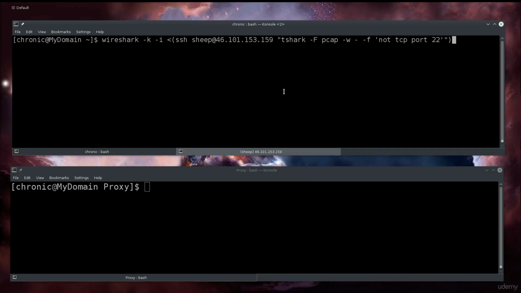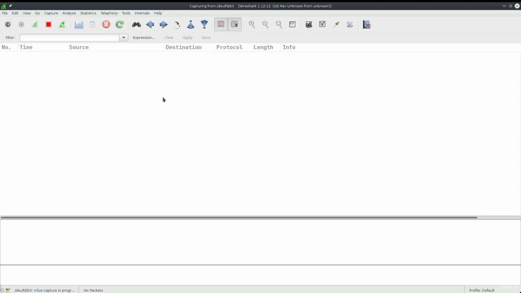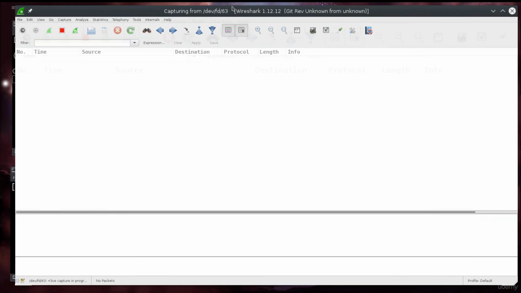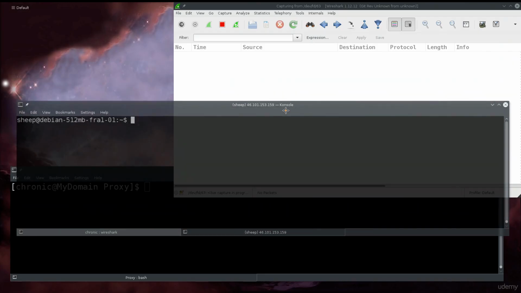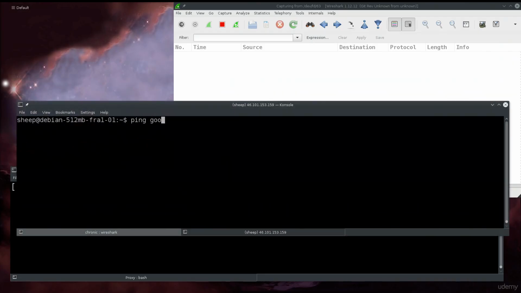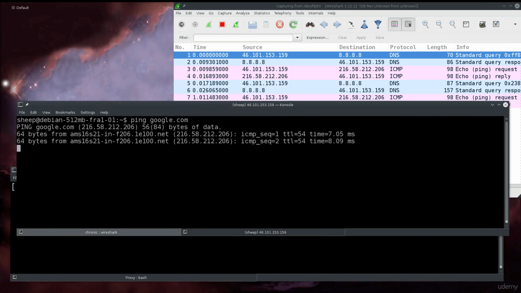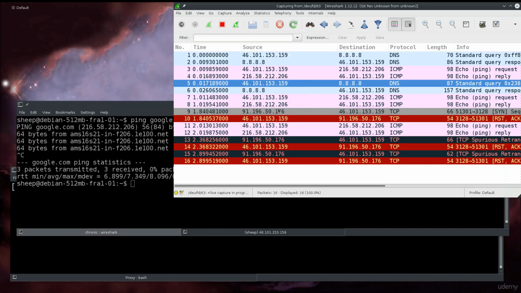And now I'm going to go ahead and just press enter, and this is going to fire up Wireshark, and there is nothing going on. So let's just go over to the other terminal where I am connected to the server and do something stupid like ping google.com. And you can see immediately there is a reflexive behavior here where these pings are recorded. I am pinging google.com, so this is the DNS, and one of these IP addresses is from Google. Probably this one,